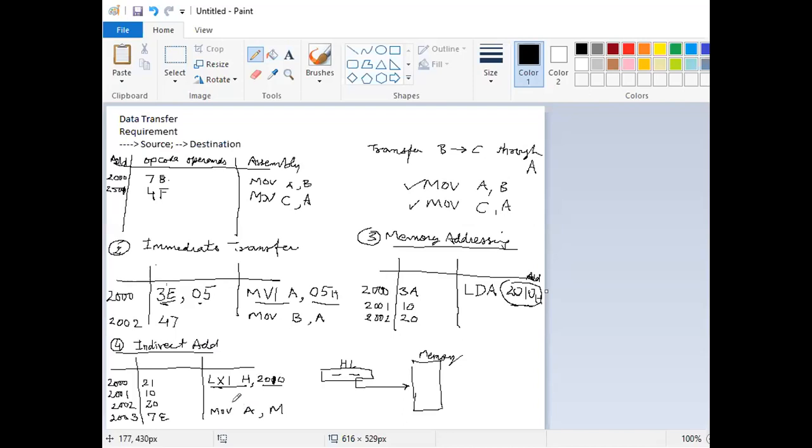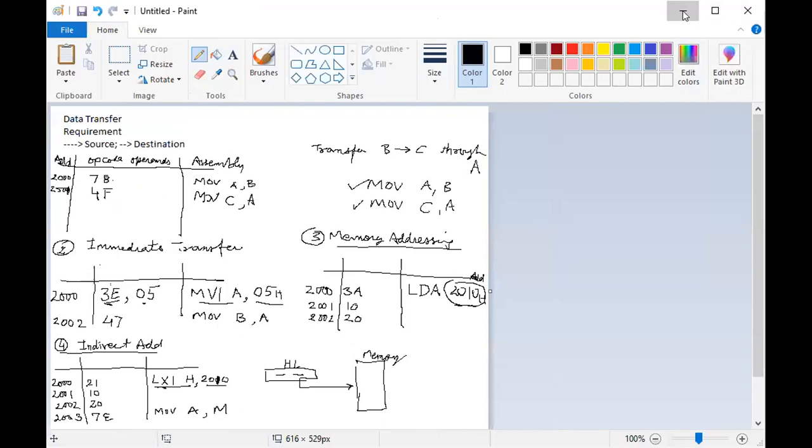Well, through these examples, we have seen some of the basic concepts of how to program the 8085.